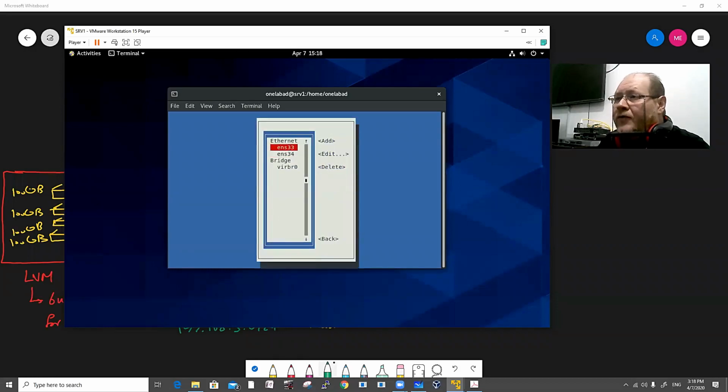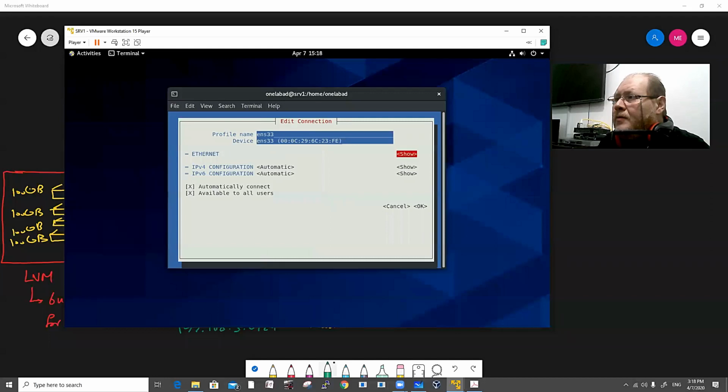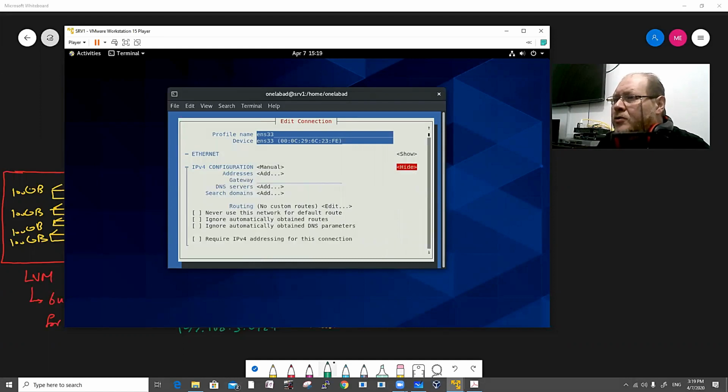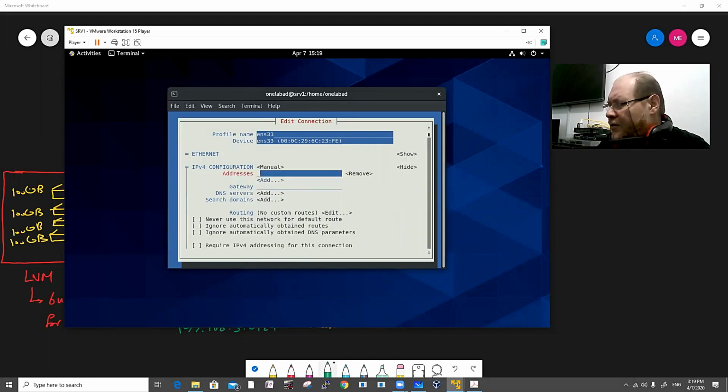Edit connections. We have two. The first one is for data. The second one is for storage. Okay. Now this IP is for the client. If you wish, you can keep it automatic, but I do not recommend this. Manual, then add. Numlock is not on. Okay, I make this